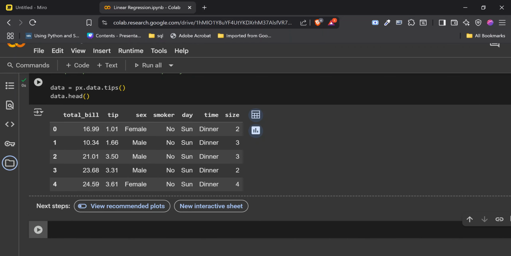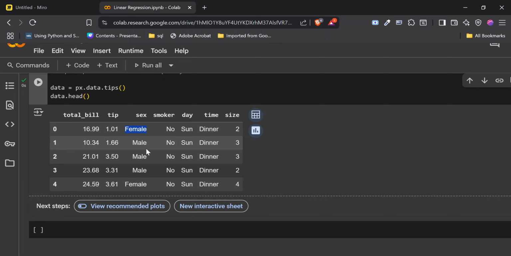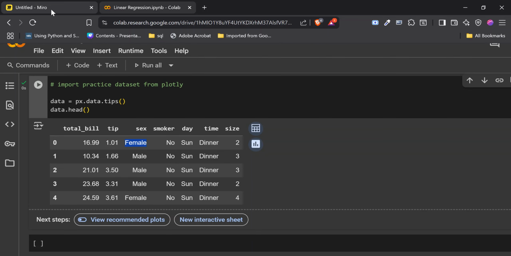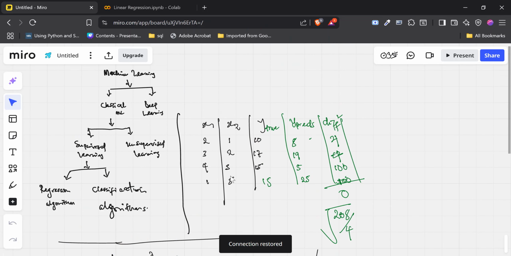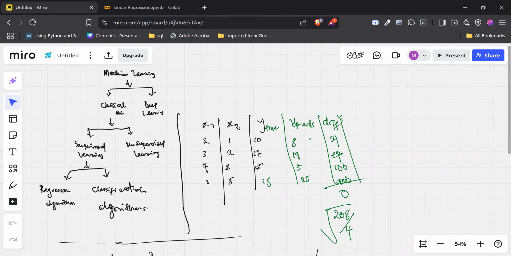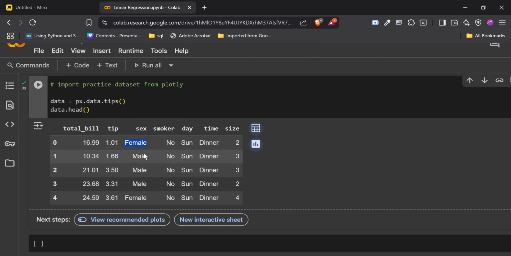Why do we need to do a bit of cleaning? All of these categorical variables, sex, smoker, day, and time, need to be converted to numeric form so that we can use them to predict, so that the computer can understand it. The computer does not understand text as it is. But the first thing we need to understand is what are our x's, like we showed here, and what is our y? Our x's in this case are total bill, sex, smoker, day, time, size. And what we want to predict is tip. So our y is tip.